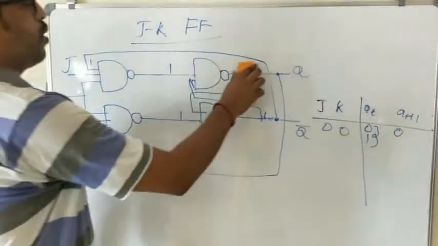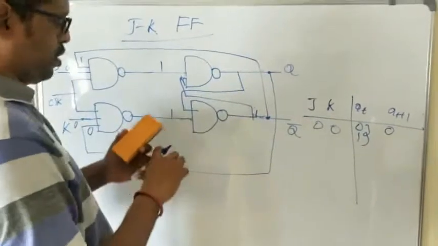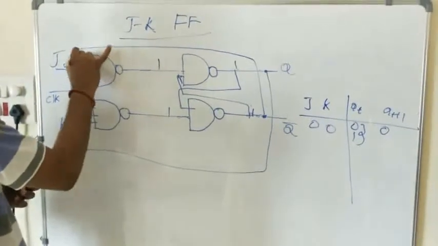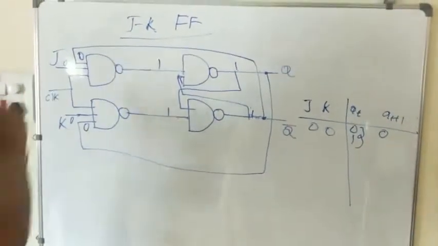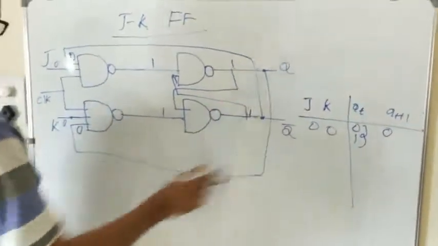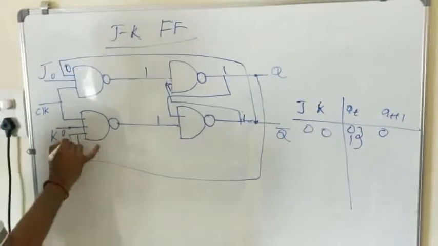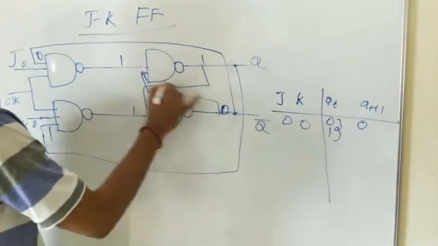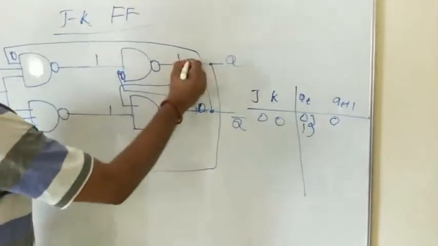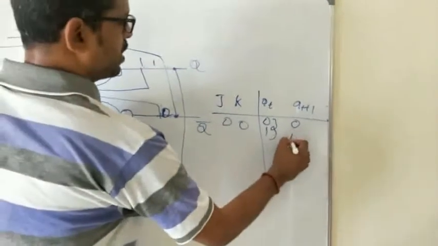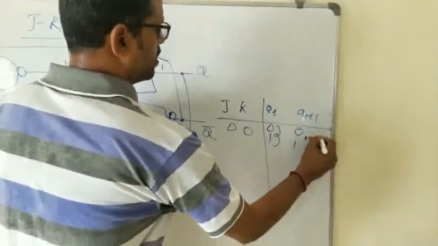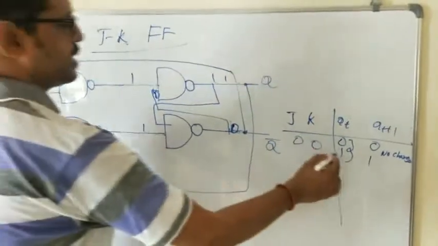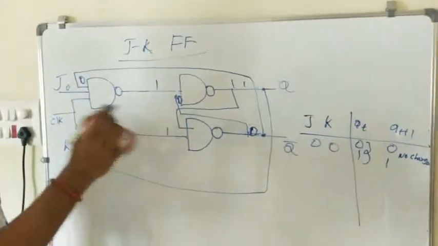Now we will see what is happening when Q equals 1. Q equal to 1 means Q dash becomes 0. Anyhow, it is not going to have any impact because J is already 0. Q we are combining means it is 1 here, so 1 means we will get 0. This 0 will come here, and 0 means the next state is 1. So this is no change, because when the present state is 0, the next state goes to 0, and when the present state is 1, the next state goes to 1.